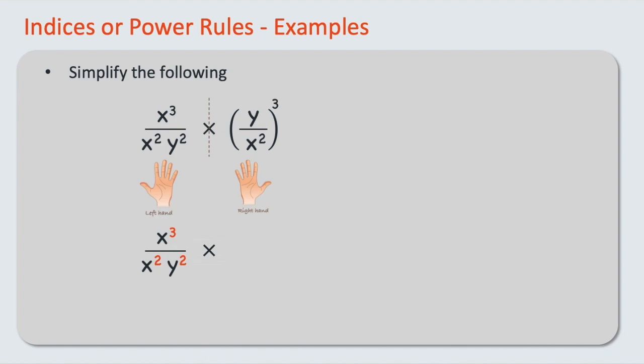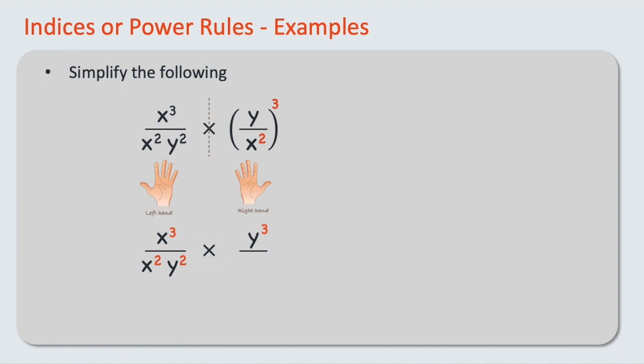In the right side part of the expression, we have y divided by x squared, all within brackets, and raised to the power of 3. Let's consider the numerator, the top of the line, where y is raised now to the power of 3. And not to forget the divide line, the denominator is x squared, which is then further raised to a power